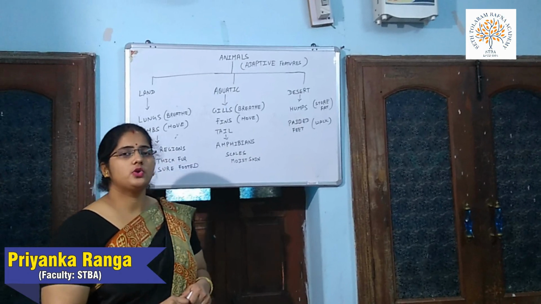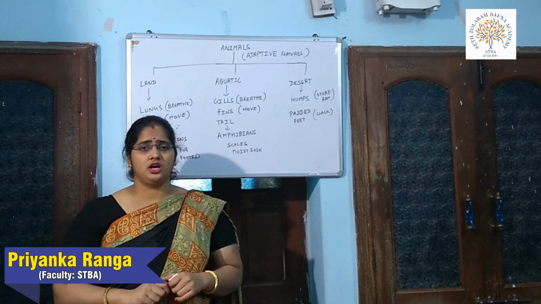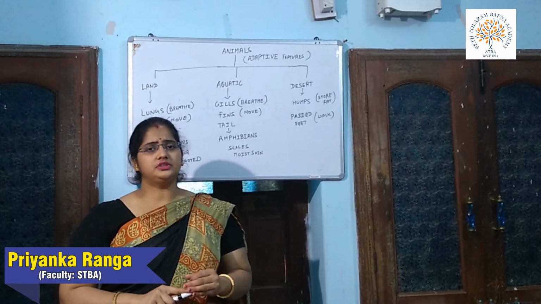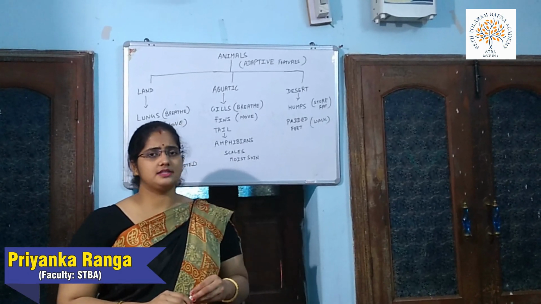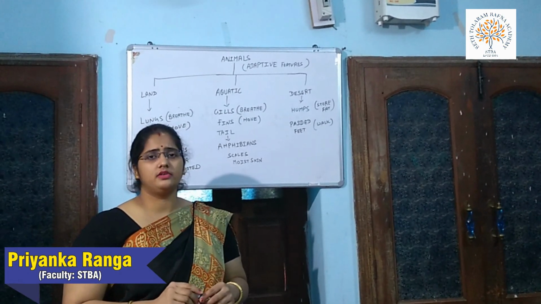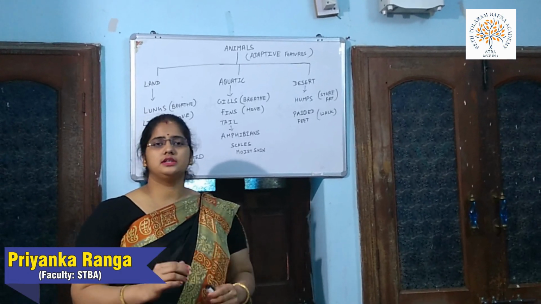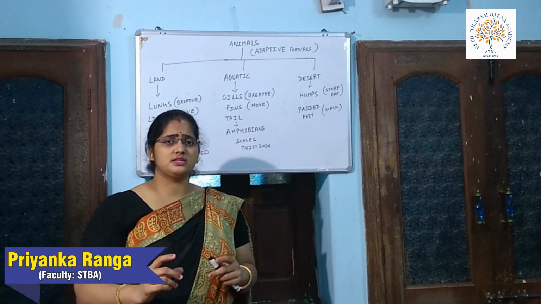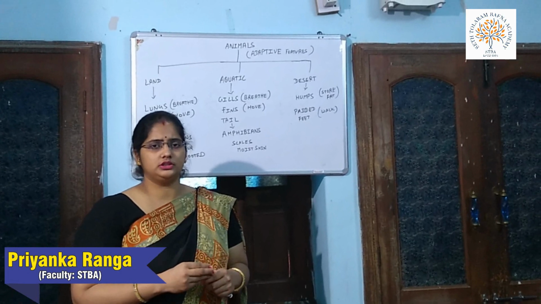So class, as you all know, we have already discussed the plants and animals, also their differences and similarities, with the adaptation features in plants and animals. As our second chapter was adaptation in plants and animals, we have seen how plants and animals adapt themselves to make fit for the environment. Today in this class, we will discuss the adaptive features of plants and animals. We will discuss the basic features of them so that it will be easier for you to learn them.